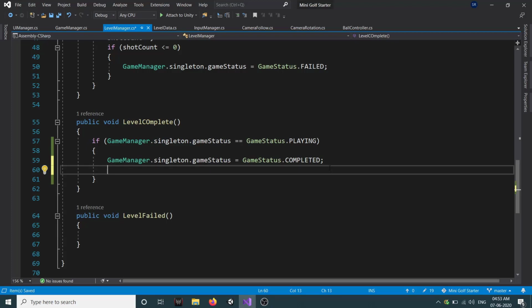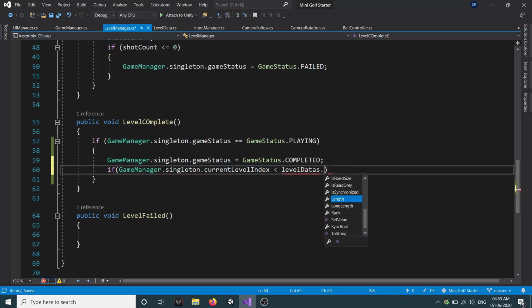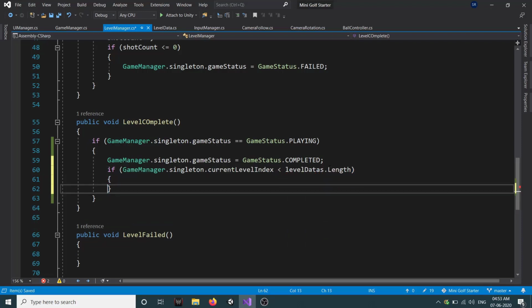So first we will check if our GameManager.Singleton.currentLevelIndex is less than our levelData.Length. So we want to make sure that we won't try to load a level which doesn't exist. So if this condition is true, then we are going to increase our current level index.